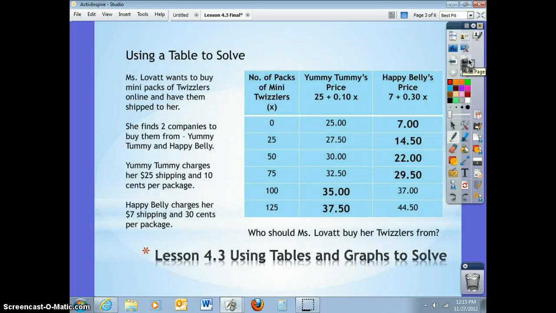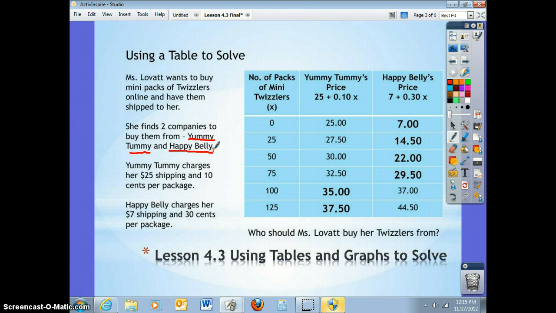Okay, so here's Miss Lovett again. And you know Miss Lovett, she's got these Twizzlers that she keeps buying and moving around Georgia. Well, this time she wants to buy a whole bunch of Twizzlers, and she wants to buy them online and have them shipped to her. So she finds these two companies. One is called Yummy Tummy, and the other's called Happy Belly,